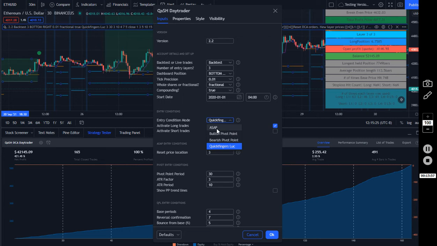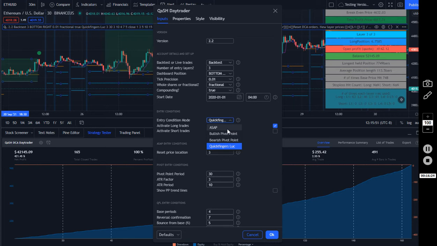So if you're expecting a bull market to happen in the near future, because really with these automated scripts you always have to come to the table with a little bit of bias as to what kind of settings you should use, right? Different settings work better in different markets. So if you think that a bull market is coming, then let's go ahead and set this to really aggressive